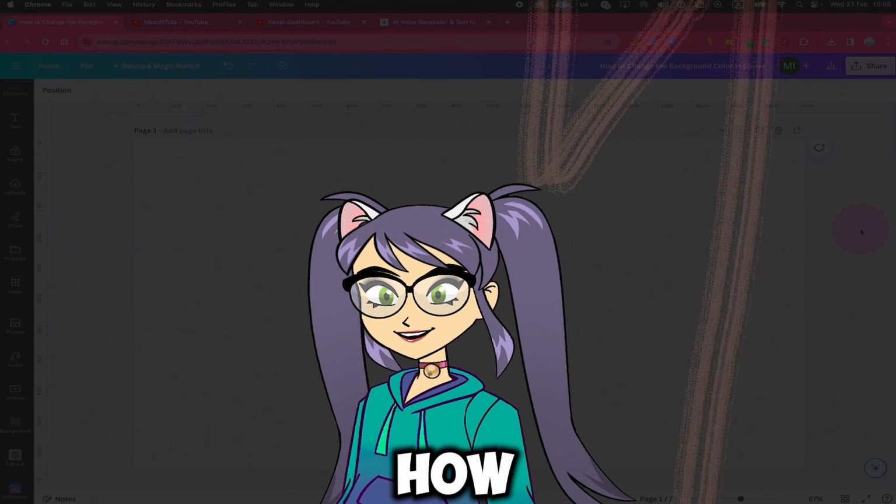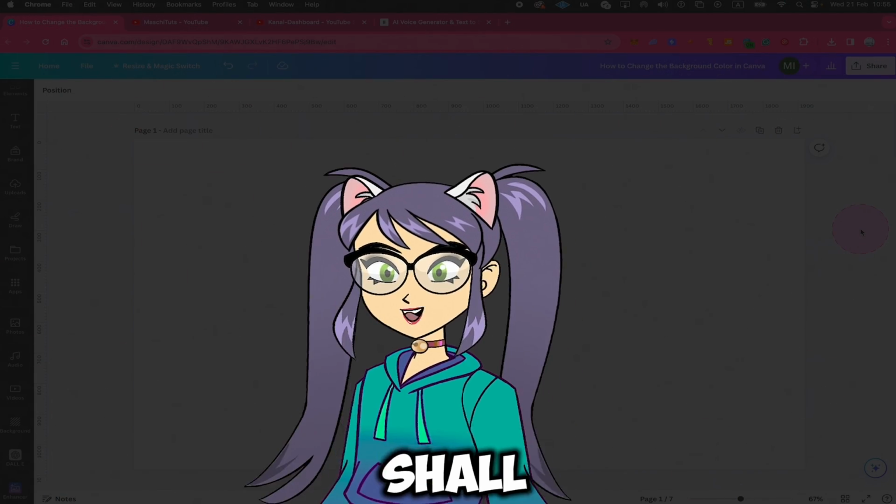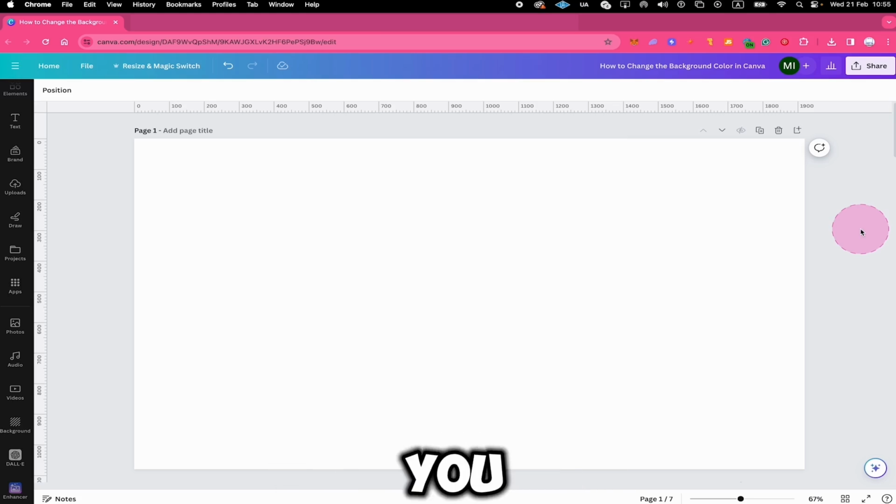Let's have a look at how to change the background color in Canva, shall we? Let's jump on in! Whenever you start a project in Canva, by default you will always have a white background